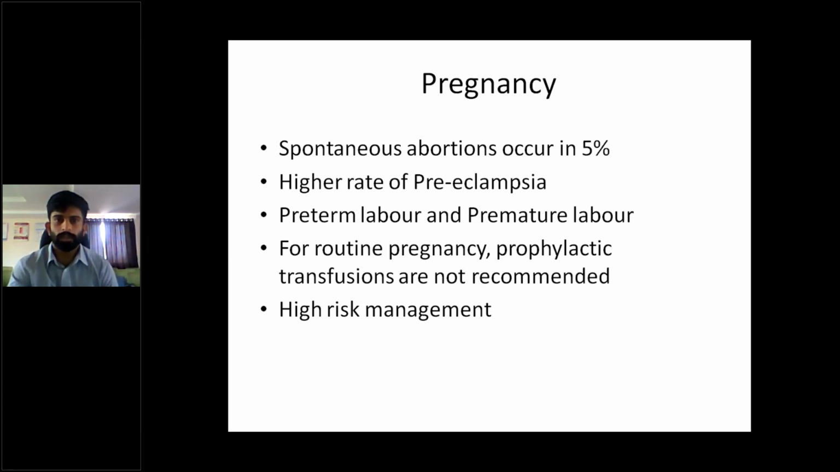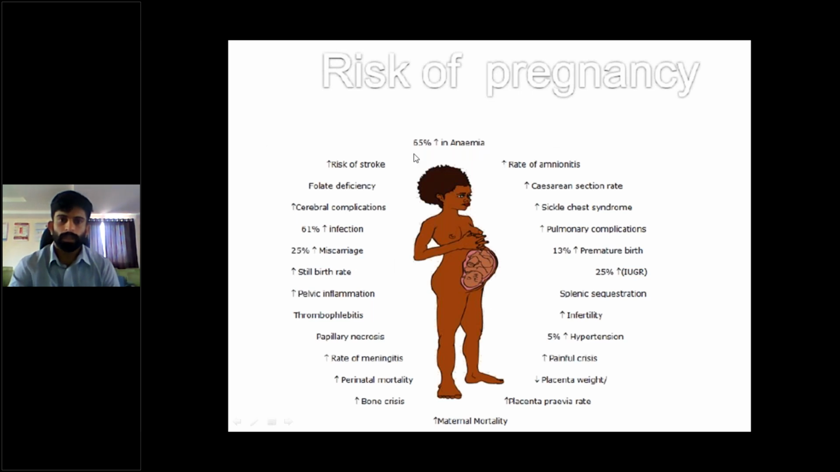So, what are the risk factors here? The risk of pregnancy: 6.5% increase in anemia, rate of amniotic fluid abnormalities is increased, increased cesarean section rate, increased sickle chest syndrome, increased pulmonary complications, 13% increase in premature birth, 25% increase in intrauterine growth restriction, splenic sequestration is increased, increased infertility, 5% increase in hypertension, increased painful crisis, decreased placenta weight, increased placenta previa rate, increased maternal mortality, obviously because of